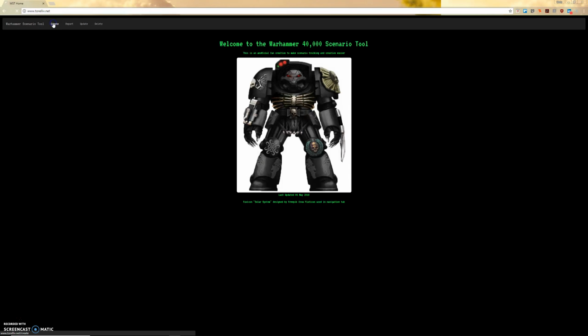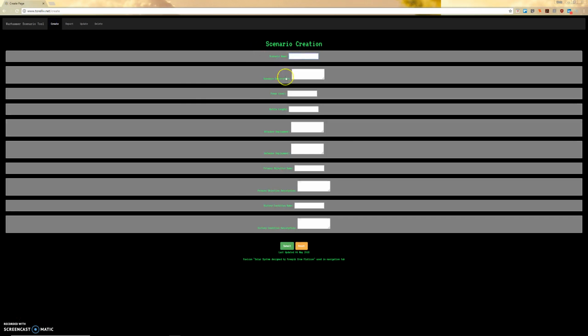Then we go to create, so we'll create a report. So we'll go with Ambush, Snare. Description: Runaway. Power level being, say, 500, make it kind of small, battle length 7 turns. Attacker deployment: 12 inches away from defender